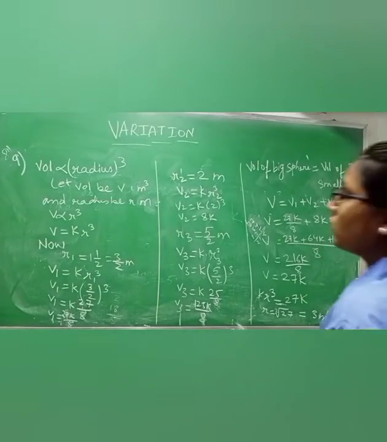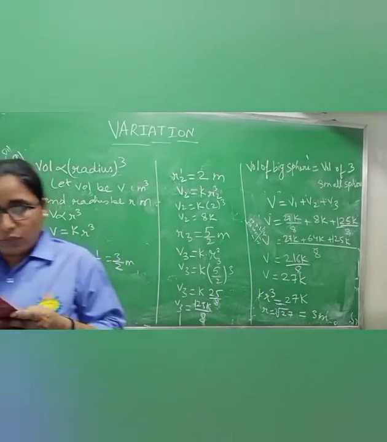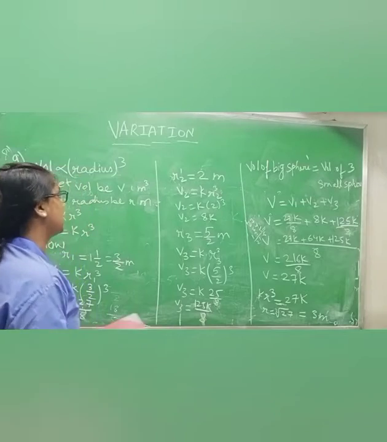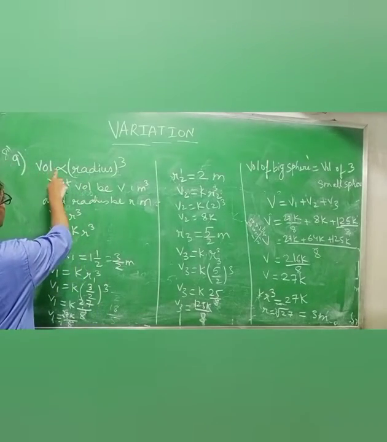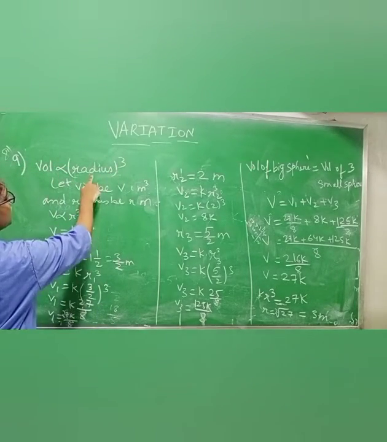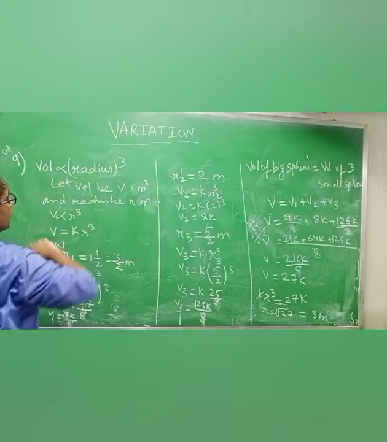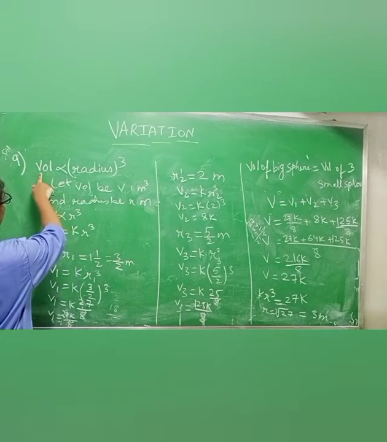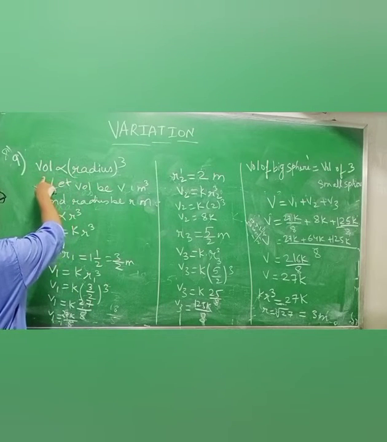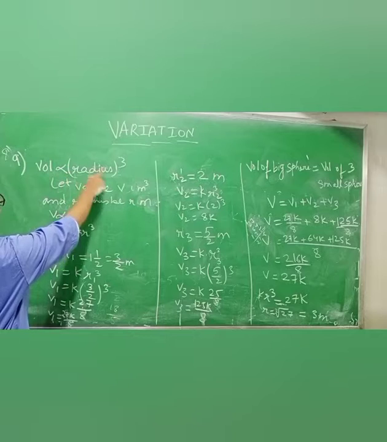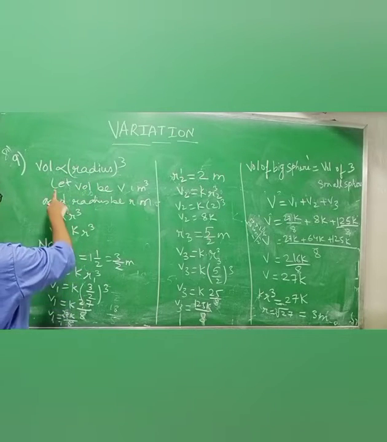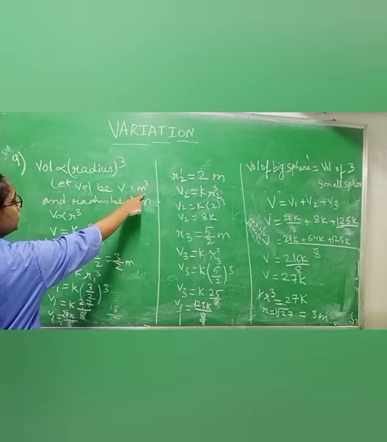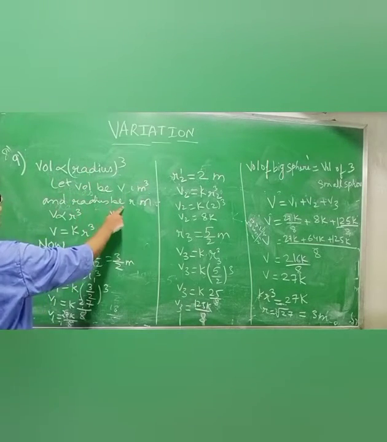Now class 10, read question number 9. It is given that volume of a sphere varies directly with the cube of its radius. Cube of its radius. Okay, so volume of a sphere varies directly with cube of its radius. Cube means whole cube. Now what I am doing, first I am finding the relation. The relationship between volume and radius is this. Now in place of volume we have to write v. So that is why I am taking, let volume be v meter cube and radius be r meter.